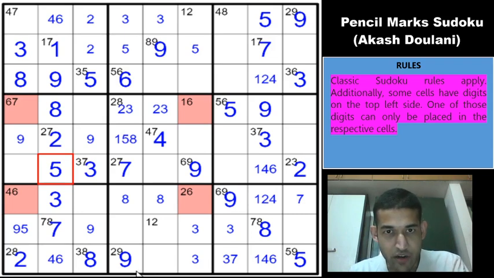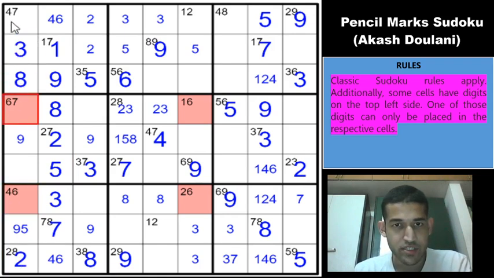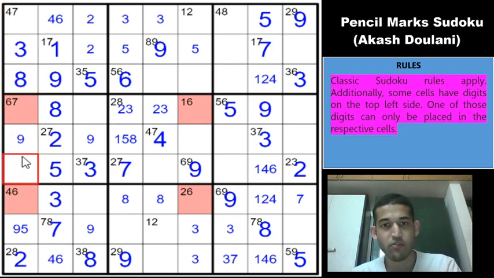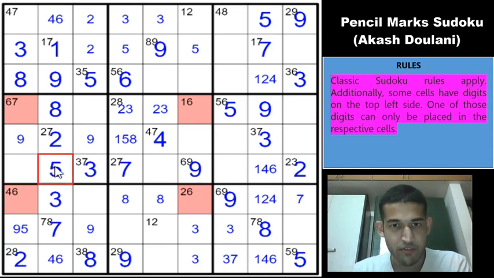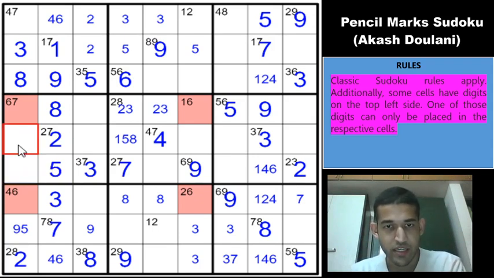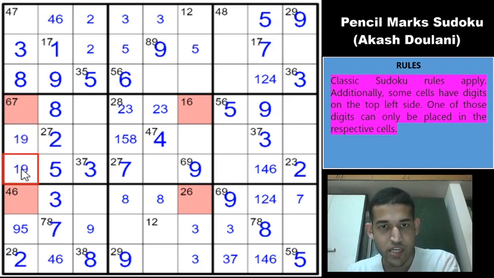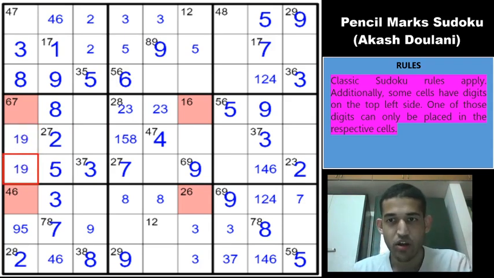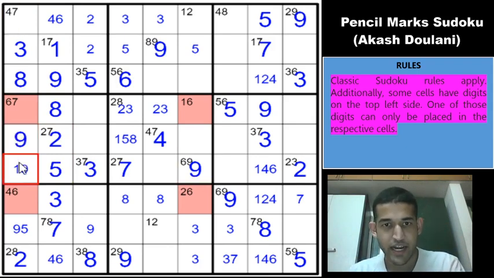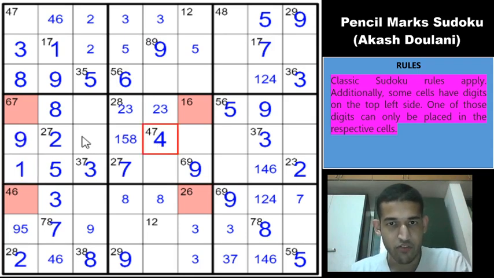So can we continue further now? Okay, let's look at column 1. 2, 3, 8 and 4, 6 and 7 cannot go in these cells, so it can only be 1, 5 and 9. But 5 is also here, so which means that these two cells can only be 1, 9, right? If you look at row 5 column 1 and row 6 column 1, they cannot be any other digit except 1 and 9 because 2, 3, 5, 8 and 4, 6 and 7 are not possible, so you get a 1, 9 pair here. This 9 gives us a 9 here and a 1 here. And now 4 has only one option in box 4, so this will be 4 and this will be a 6, 7 pair.